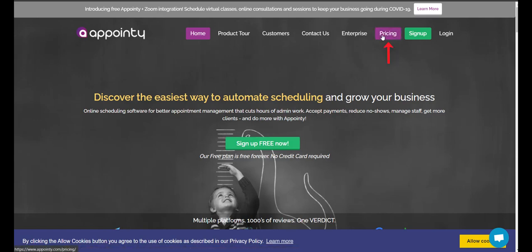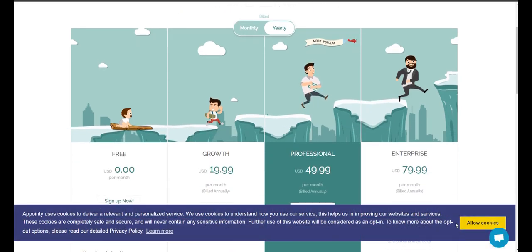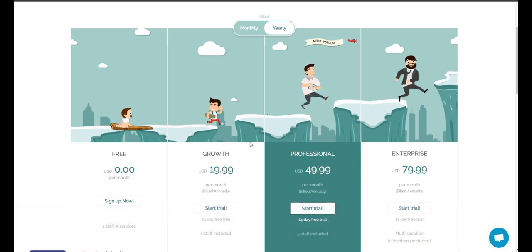You can also click on pricing. That will give you all the plans that we have to offer. You will also get a message that you need to allow cookies. You can click on that. Now these are the 4 plans that we offer to our customers: the free plan, the growth, the professional, and the enterprise. And you can click on any of the start trial buttons to start the trial. So clicking on the start trial,